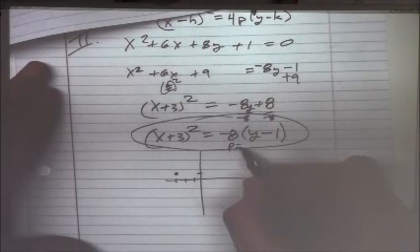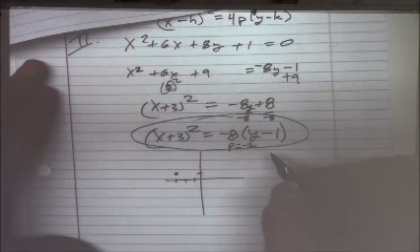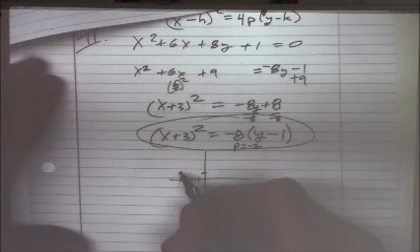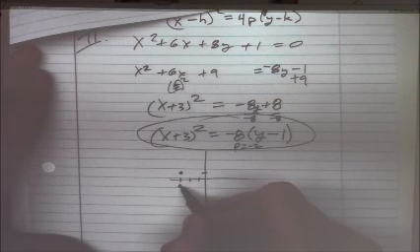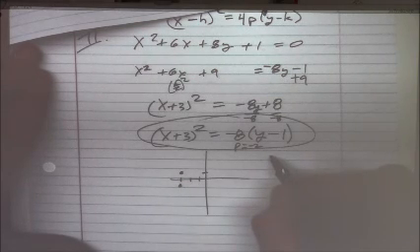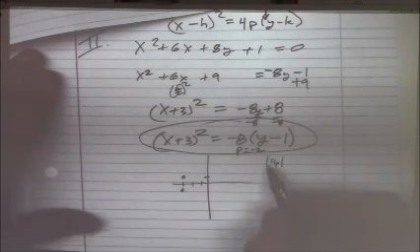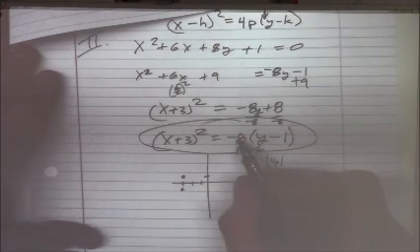But I know that p now is negative 2. So the focus point is going to be going down 2. I'm going to go to here from the vertex. And the latus rectum is 4p. Okay. Does that work? If the latus rectum is 4p and that's already negative 8 here,